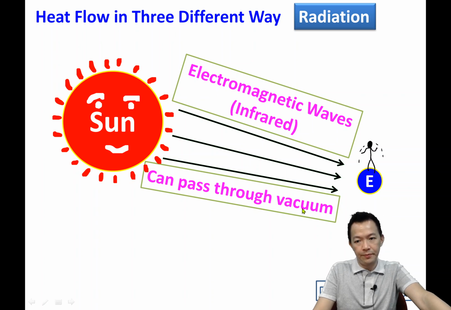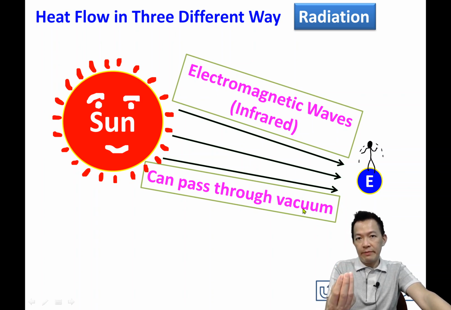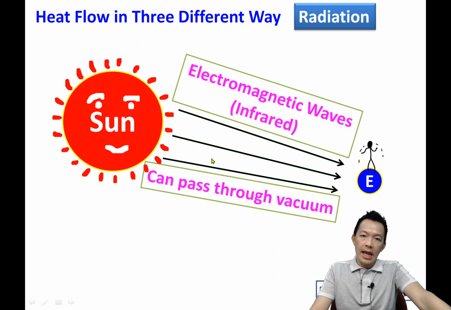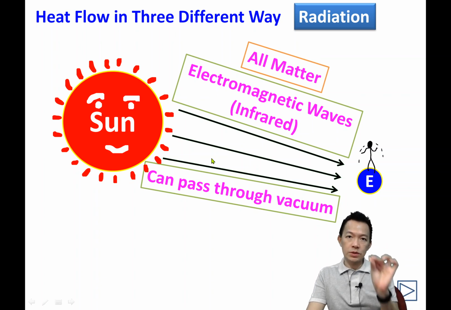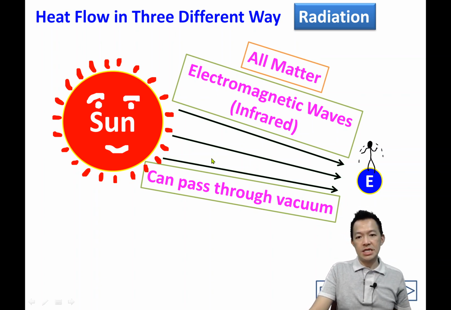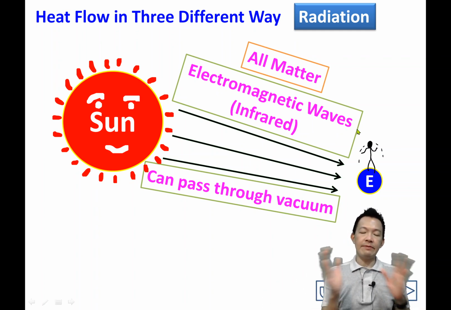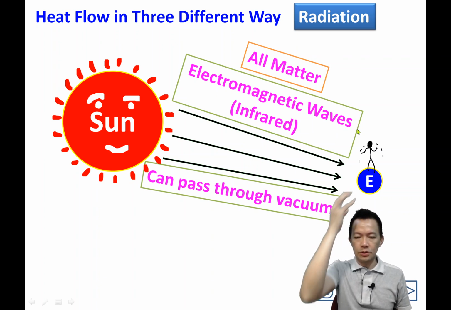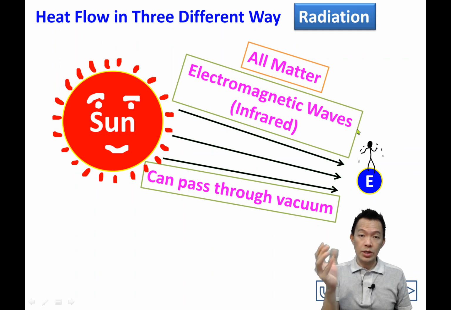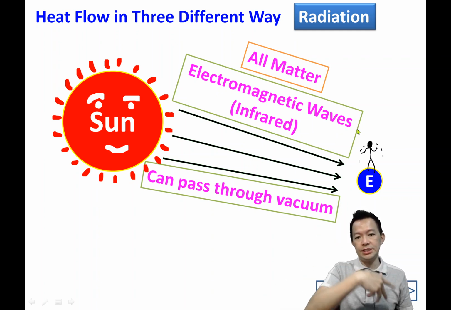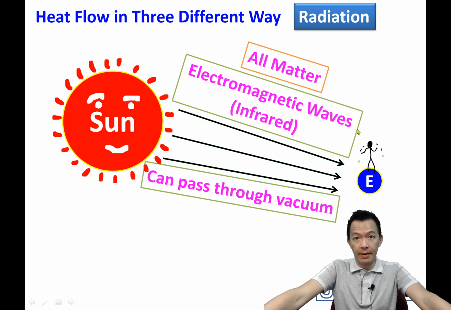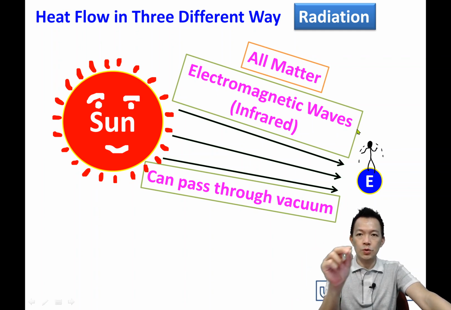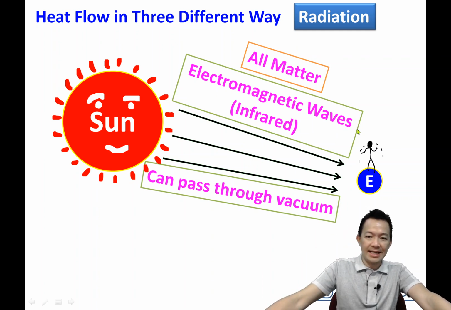它可以经过真空。Okay? Why? It does not involve any particle. 它没有用到任何的 particle，它可以直接照射过来的，所以 it can pass through vacuum. And it happens in all the matter. 在所有的物质，固体、液体、气体，they also lost the heat. They can transport the heat by using this method. For example, now I'm sitting here，我坐在这边，I can feel the heat energy lost from my face. 我可以感觉到热能从我的脸呢这样子放射掉。So it happened in all the matter 啦，固体、液体、气体全部都用这种方法散热的，明白吗？